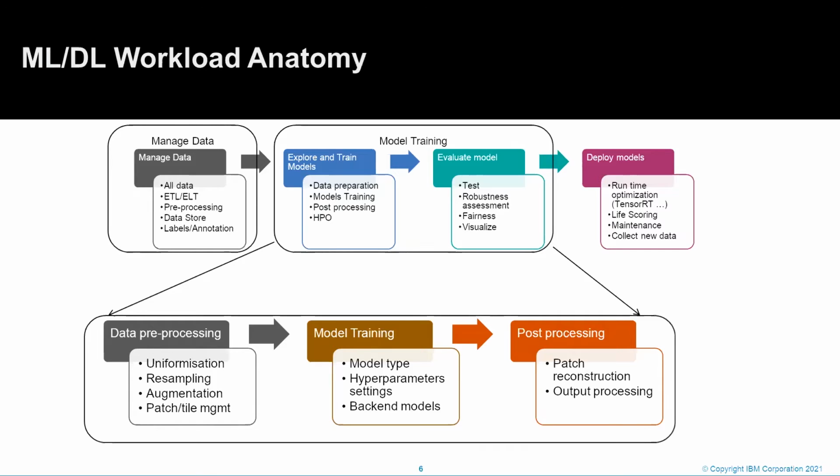After that, you have to develop the model training script itself, and there are lots of things to consider, like the model types. There are lots of parameters and options that you can exploit there. After that, you have the post-processing. Usually, if your initial images have been patched in several sub pieces, you have to reconstruct the results, the output, and eventually do some output processing, maybe cascade the output to another model or another logic elsewhere.